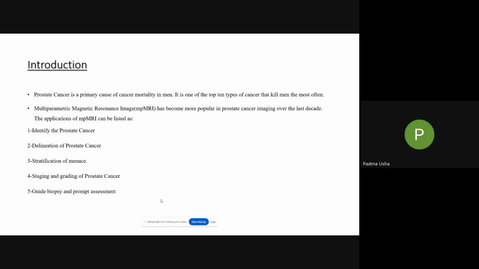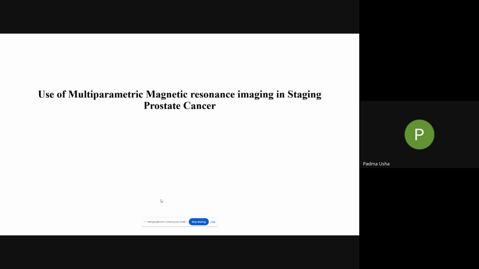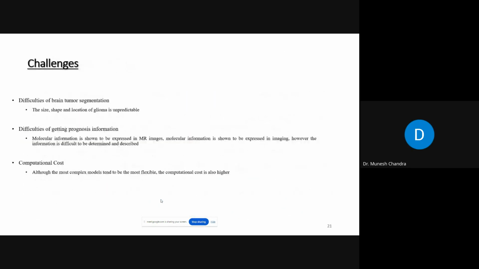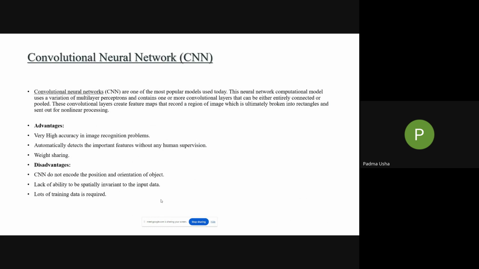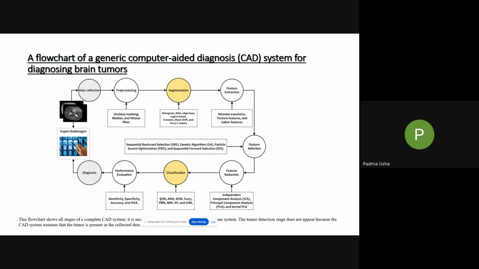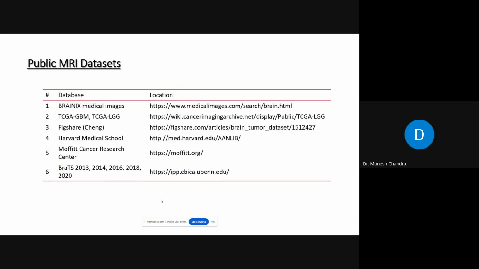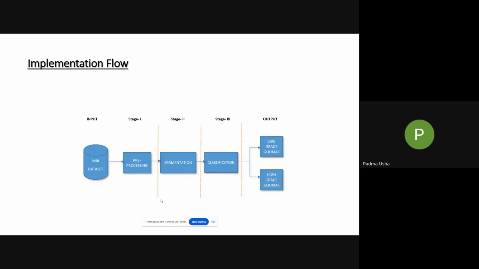Sir, sorry to interrupt. Can you hear me, sir? Yes, yes. I have one question, sir. Yes. Sir, after segmentation of brain tumor, we will be calculating the size of tumor, no, sir? Yes, after segmenting the brain part we are extracting. After that, we will be calculating the size of tumor, no, sir? Yes, we are classifying.